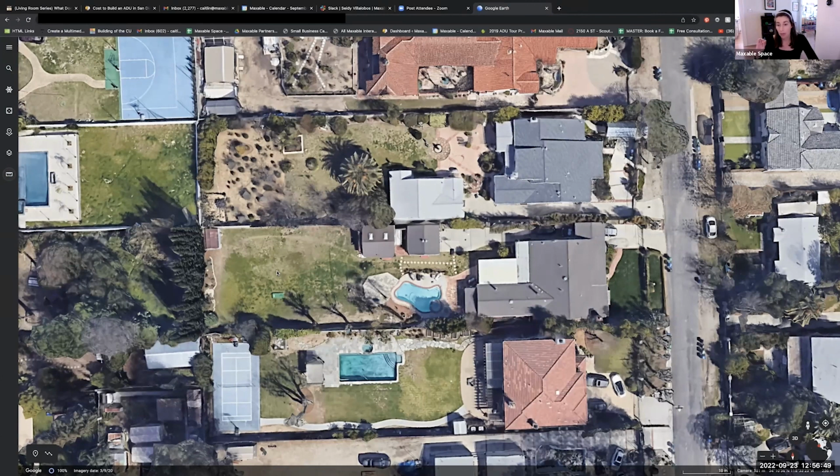So in a number of situations, you'll actually have to trench the utility lines all the way to the front of the property. The way you can think about this, for every 100 feet of utility that you have to trench, you're roughly spending $7,000. And that depends on what type of ground they're breaking into. For example, in this particular example here, you can see that if we have to take the utility line to the front on this top part of the property here, there's a lot of concrete that we would have